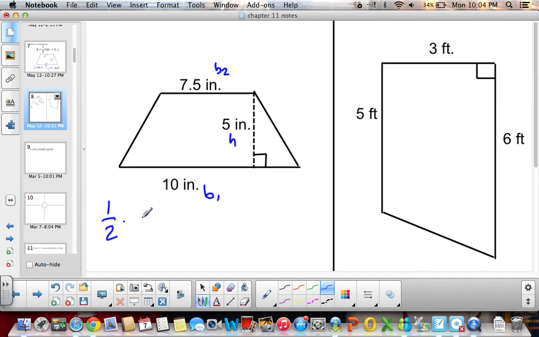So 1/2 times 5, and then in parentheses 10 plus 7.5. So 10 plus 7.5 is 17.5 times 5 is 87.5. So we have 1/2 times 87.5,